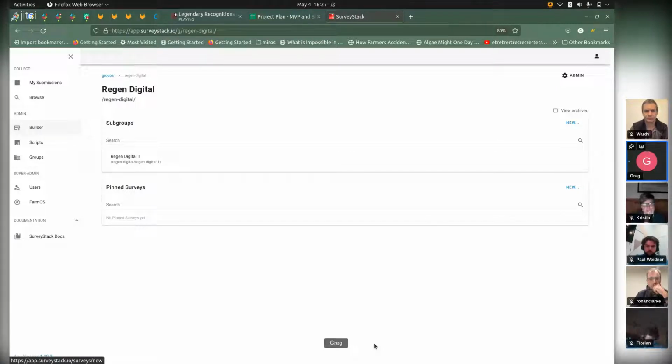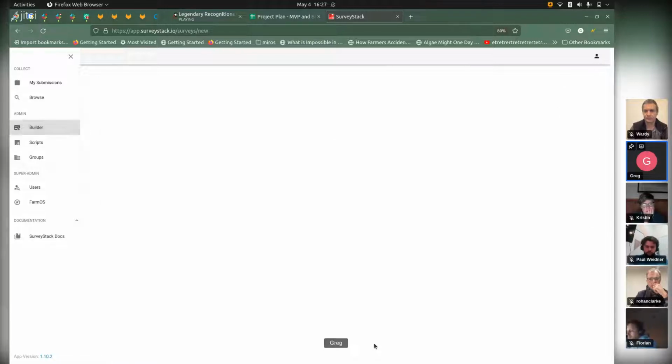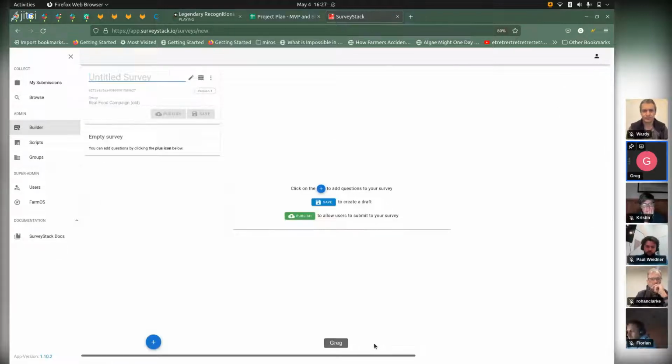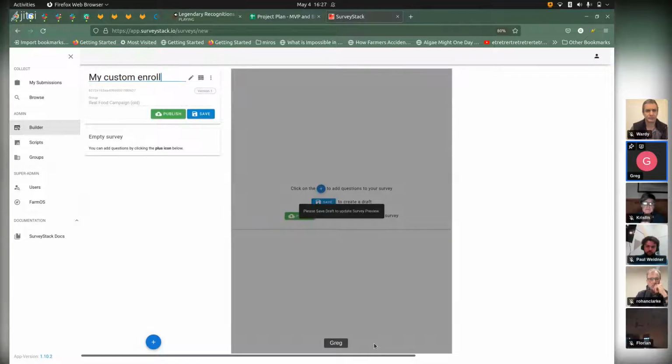So the next step is to actually create your enrollment survey before we enroll, because enrolling people and not having an enrollment survey with data is not useful. If you're creating an enrollment survey, again, you guys already have one, but just to show the process, I'm going to say, like, my custom enrollment. This is used for collecting the basic farm-level data for any given producer or farmer that you're bringing into your program,